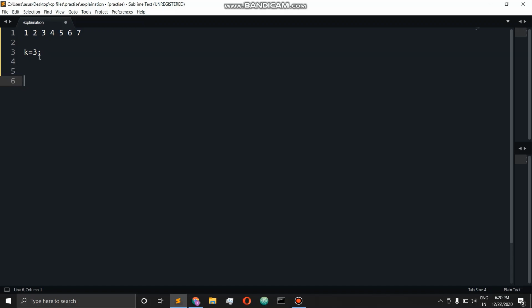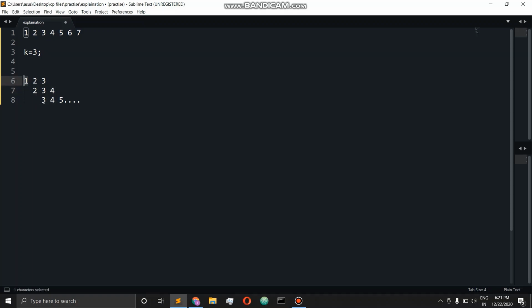So like I said, if k is 3, what will be the subarrays that I will be checking? One starting at 0, then one starting at first index, then starting at the second index, and so on. So let's check what is the difference between the sum of the first and the next subarray. When we check, only one new element is being added and one element is being removed.